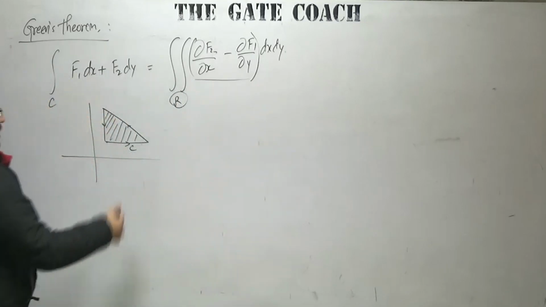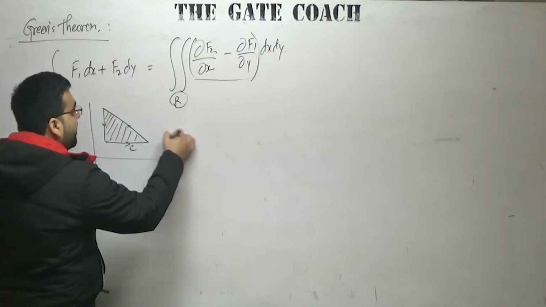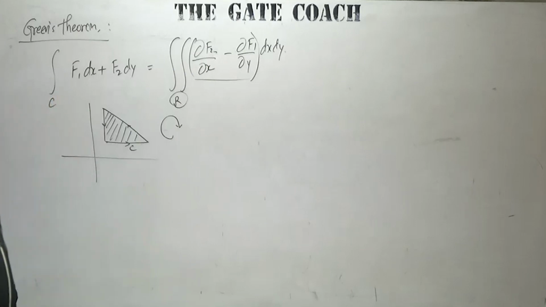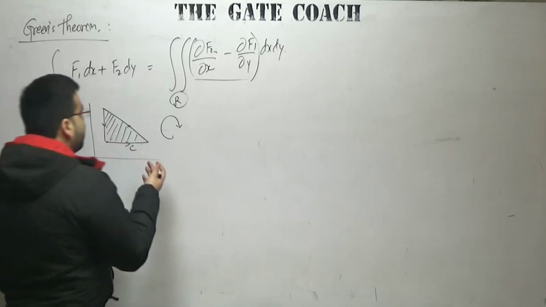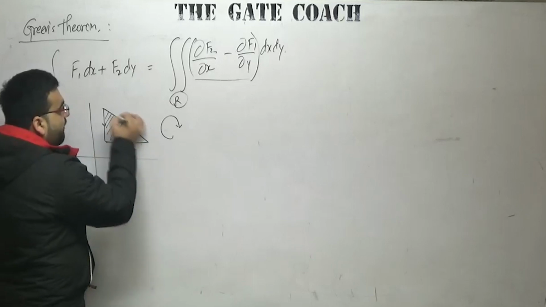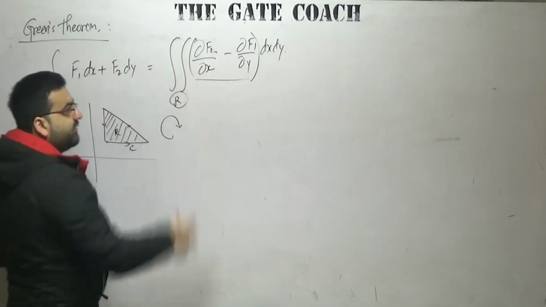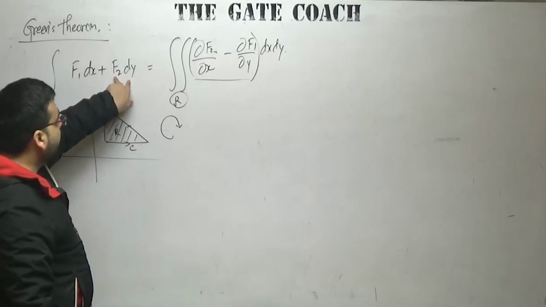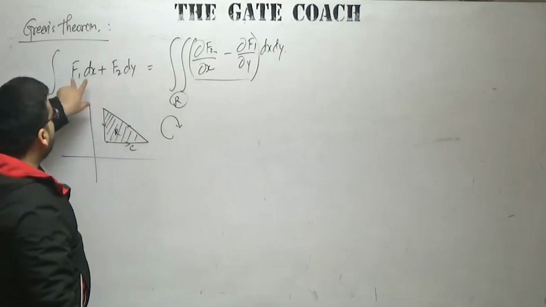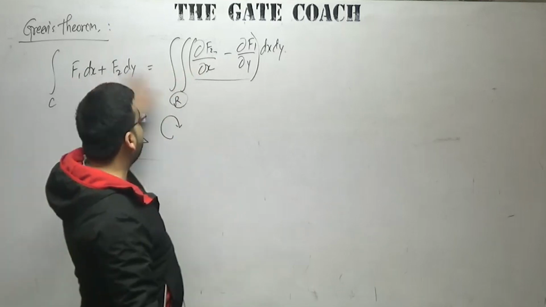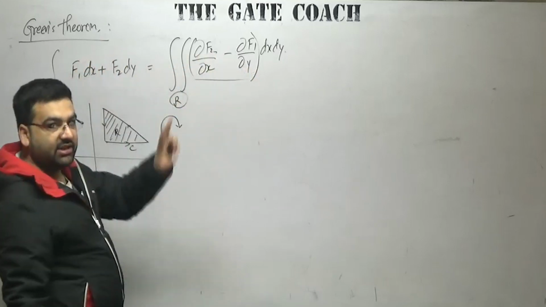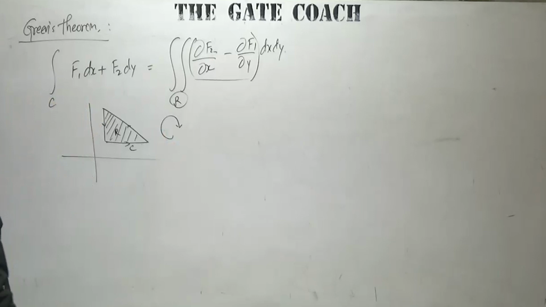And I also told you that if you are going in the clockwise manner, then the sign will change. It will be negative. Remember it, because the traditional method is to always go anti-clockwise, but if you go clockwise, the sign will change. So dou f2 upon dou x: what we had as dy here, we have dou x here. What we had as dx here, we have dou y here, and then a negative sign. So second minus first. That is how you can remember it, because the sign is important. So that is what Green's theorem is.